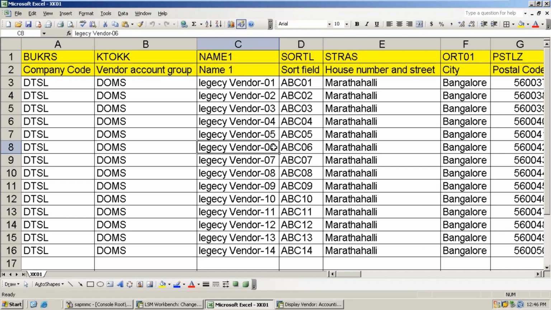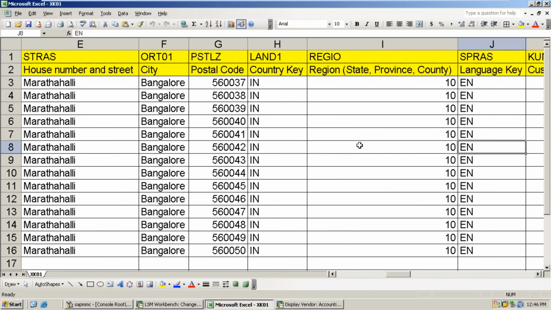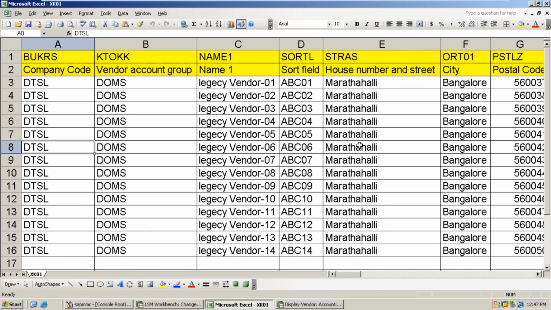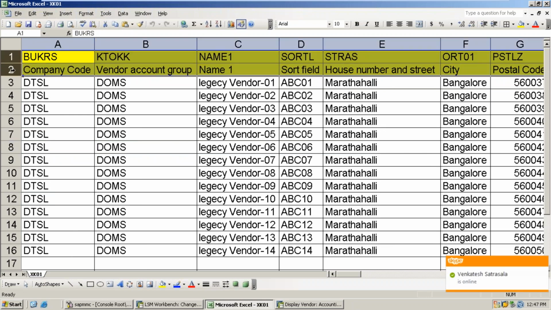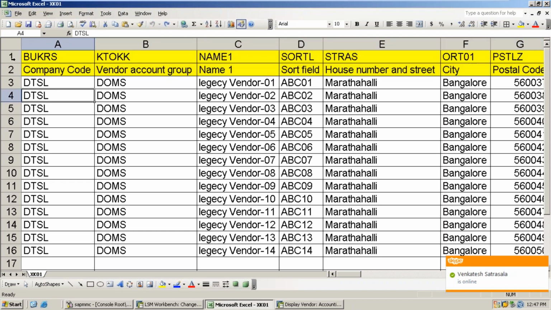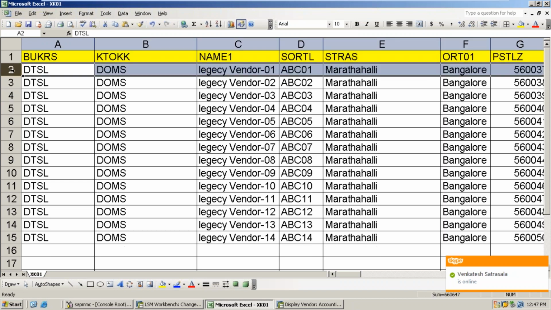Let's go ahead. See, the file is ready, right? Now the file is ready. Now what to do? Once you receive the file, just verify the data. Yes, looks good, perfect. Then what to do? Just go back. Before uploading data into LSMW, you need to delete this. If you want to keep it, you can keep the first technical name, but you have to delete this one. Understand? If you want to delete both, you can delete it.